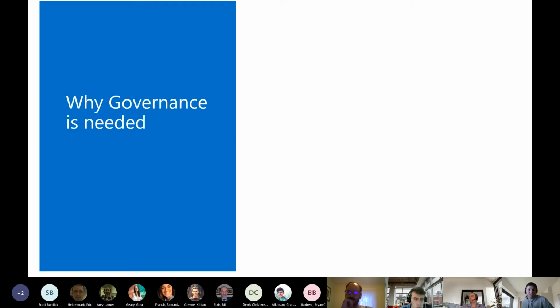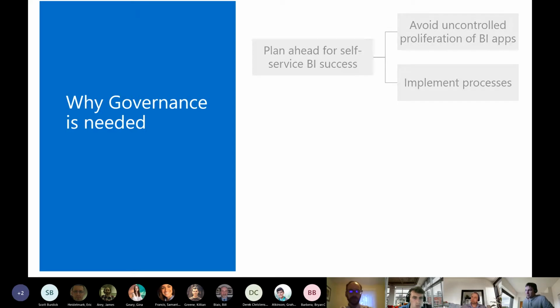So that is why governance is needed. You want to be able to plan accordingly and document the processes. I've been continuing to say to make your rollout successful. And to plan for that success, during the time period of your Power BI rollout, you obviously want to hopefully prevent the uncontrolled further proliferation of BI apps, but you want to implement the process.